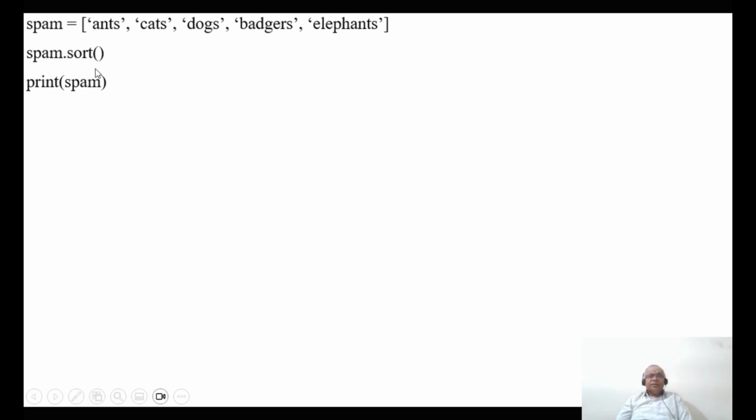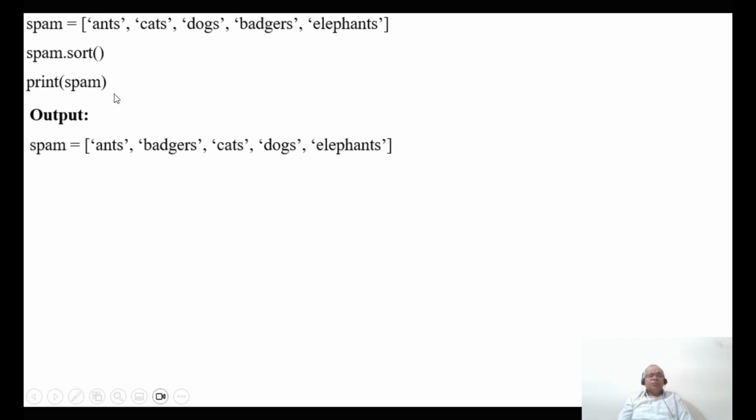Print spam. The first character is A, so first we get ants. Then after that you have B, which is badgers. After B you get C, so cats. After C you get D, dogs. After that you get E, which is elephants. So the output will be ants, then badgers, then cats, then dogs, and then elephants. This is how the string values in a list are sorted